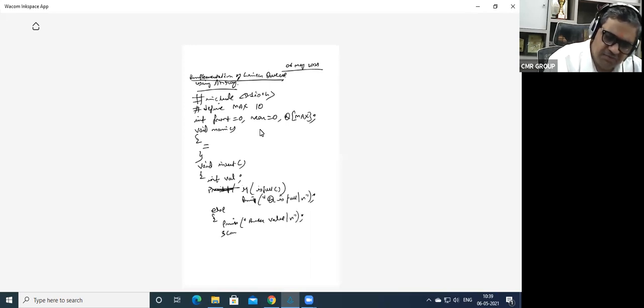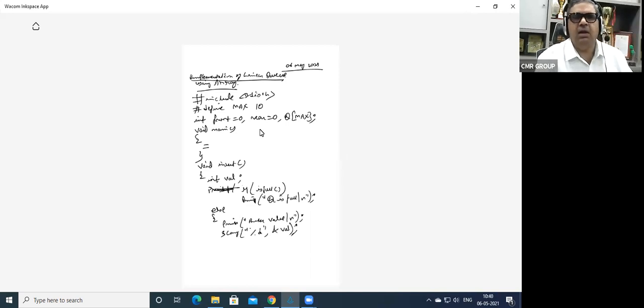scanf %d, &val. Now assign the val where I'm going to insert. Always it is the rear, right? That location is identified as q of rear.